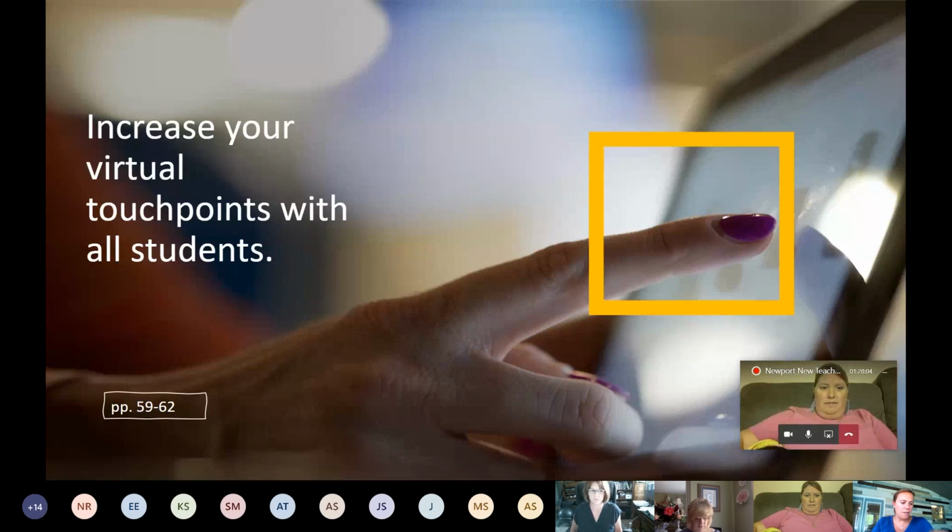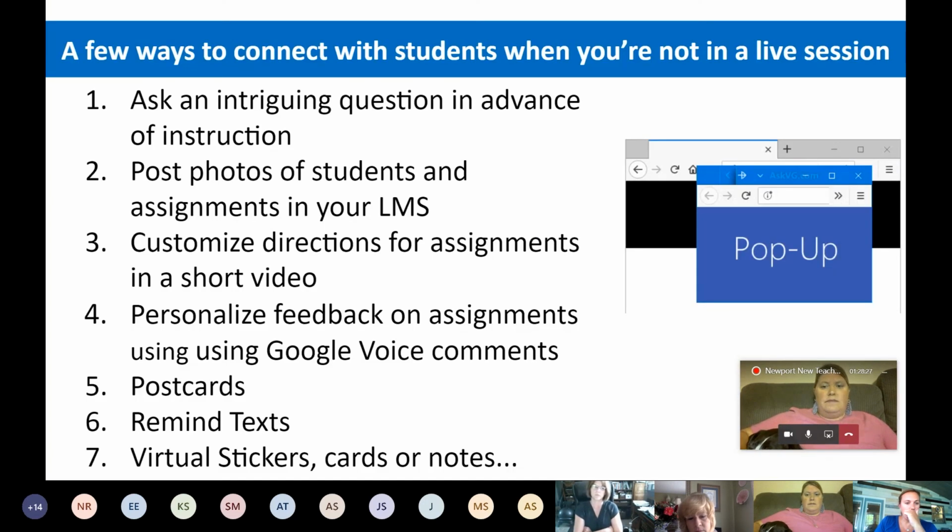So I love this idea of thinking about increasing virtual touch points. All this simply means is any contact I have with a kid. And it's going to look a lot of different ways in distance learning. Some can take more effort than others, but I really want you to think, how do I increase all of these contacts? So it can't just always be the same way. I know in the spring, I so appreciated that my kids' teachers would send me remind texts each day, but it also got to a point where it's like, oh my gosh, another remind text. So we want to do it in a variety of ways.